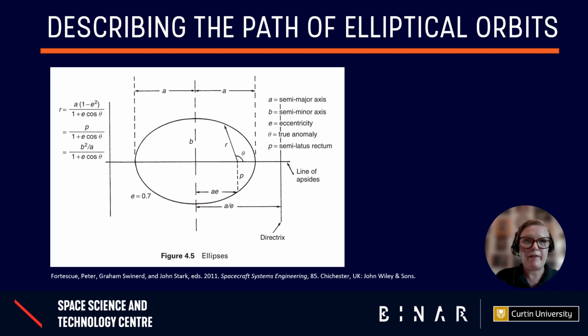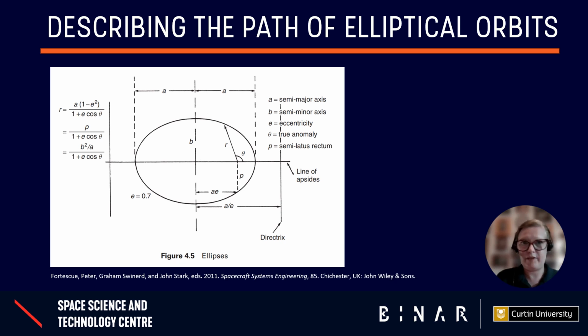Another way of thinking about it is that it's half the radius at the closest point plus half the radius at the furthest point. So you can just take the closest radius and the furthest radius, add them together, and divide the total by 2. One thing to remember, or to not get caught out on, if you're calculating this, if you're given the